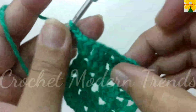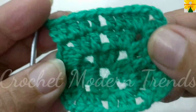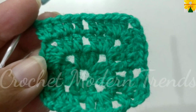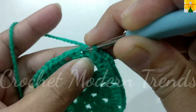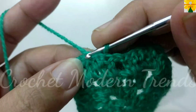chain 2 for chain space. So we will have 5 double crochet, chain 1, 5 double crochet for each side of the square in this round. So complete the round and we will meet again when this round is completed. When this round is complete, we have to join the stitches on the top of the fourth stitch with a slip stitch. Now we have to turn the pattern and come back